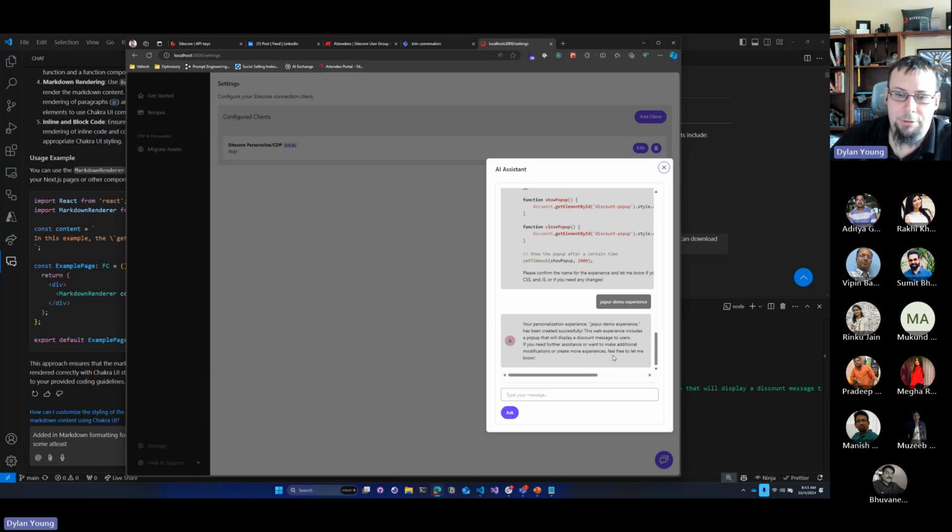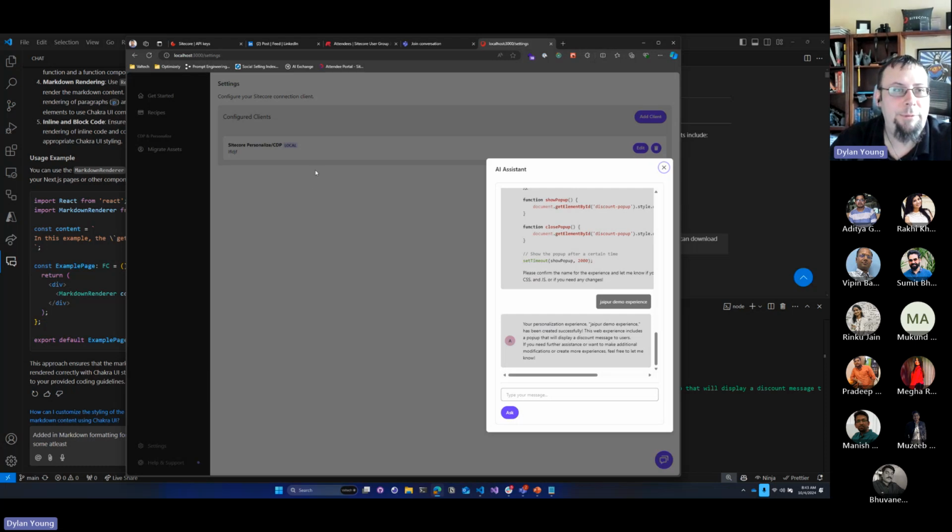This web experience includes a pop-up that will display a discount message to users. So basically what this did is it found all the parameters it needed to fill in the function to create an experience. Then it passes these functions into the SDK,